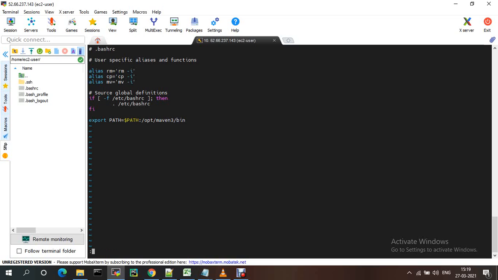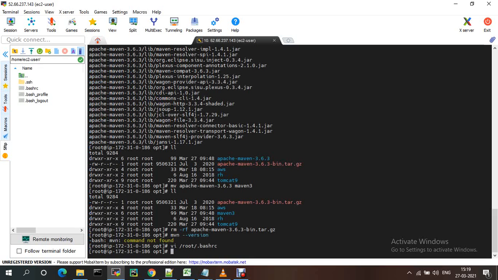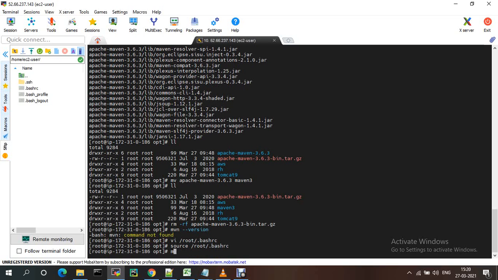This is my Maven path. After you update the path, you have to restart that with source /root/.bashrc. So you can access it now from anywhere in this machine.